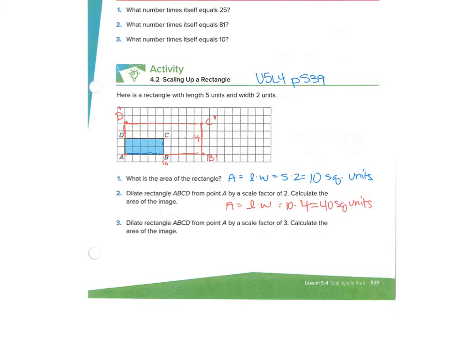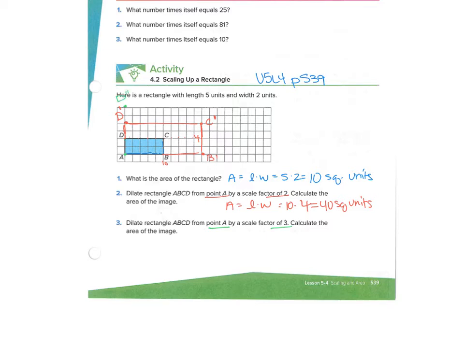So let's see what it tells me to do next. It says dilate from point A again, but this time with a scale factor of 3, whereas before we dilated from point A with a scale factor of 2. So start back at A, that's not going to change, but now my D double prime is going to be 6, 2, 2, and 2, 6